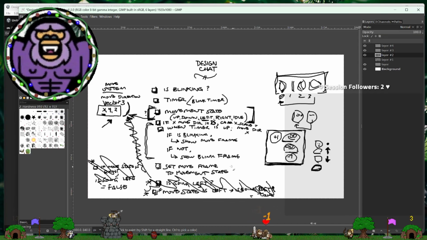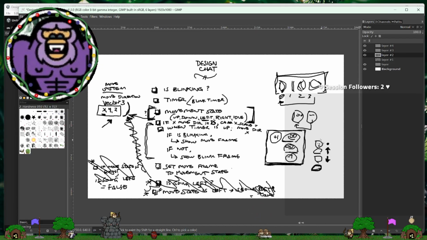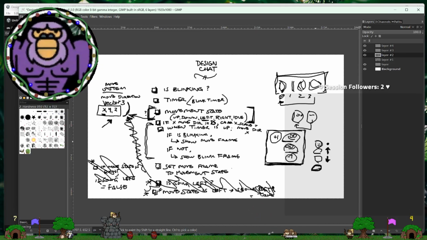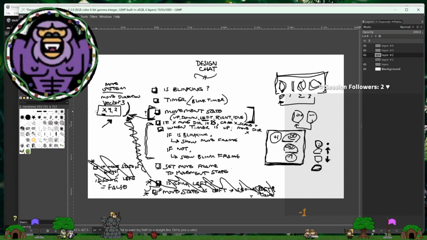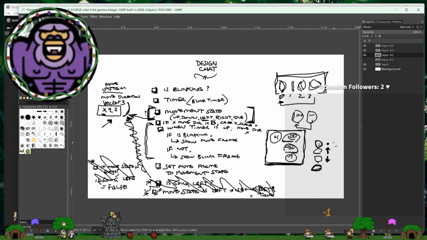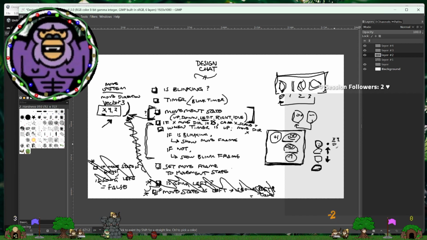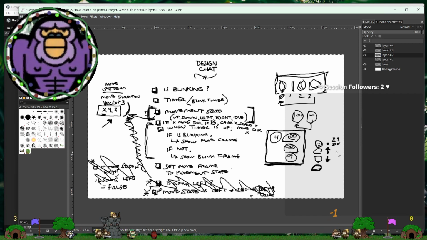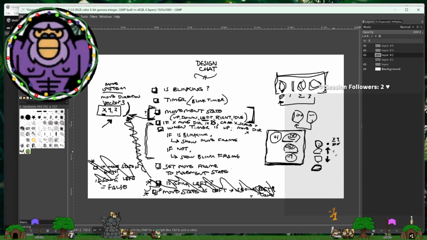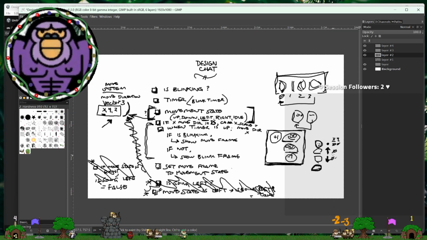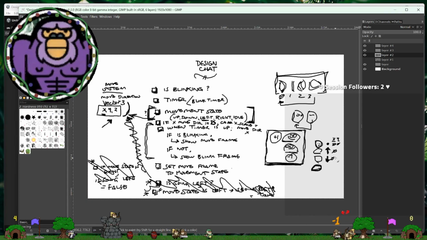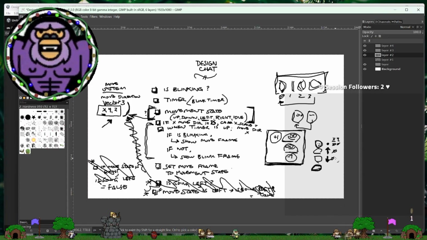I think this is much simpler now. Setting the movement frame to be based on this move direction, like both X and Y have to be 0, right? Or 0 in X for these two, right?